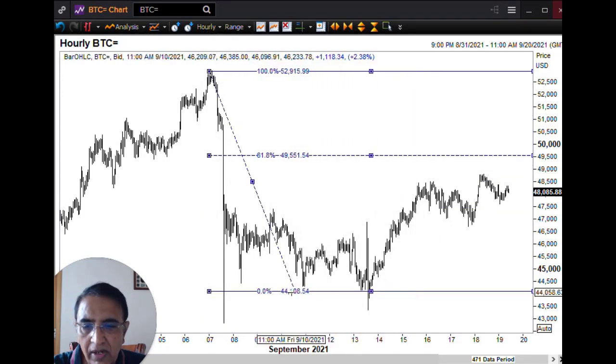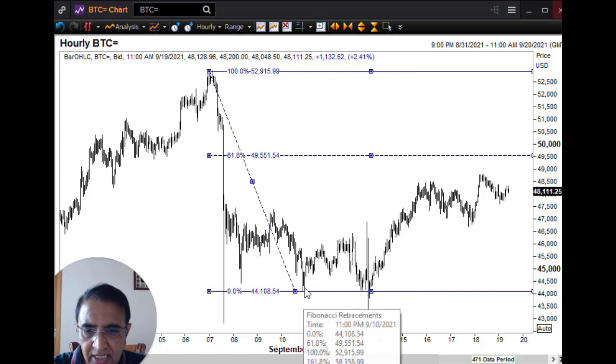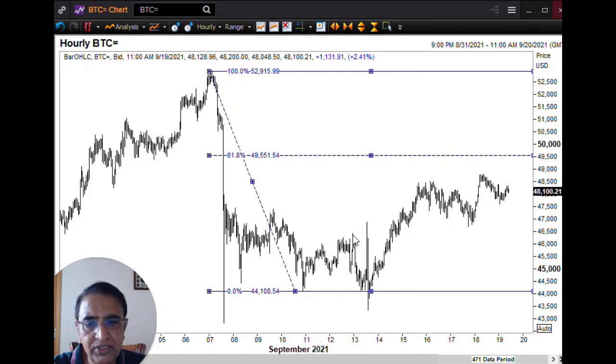And now I'm going to say that this move up is wave A. It happened in 3 waves, A, B, C. And then we had a wave B, which was also an irregular correction, A, B, and C. So to make this really complex. And then we got the C wave up here.